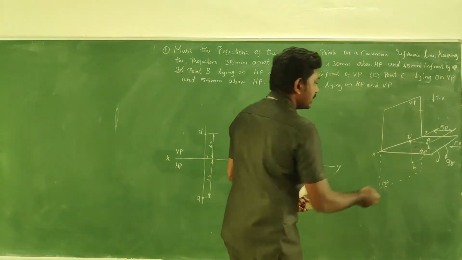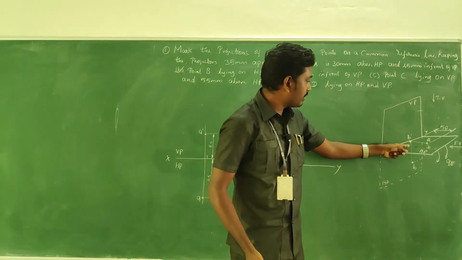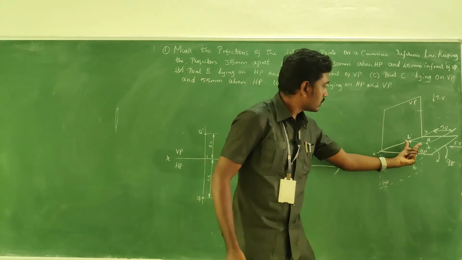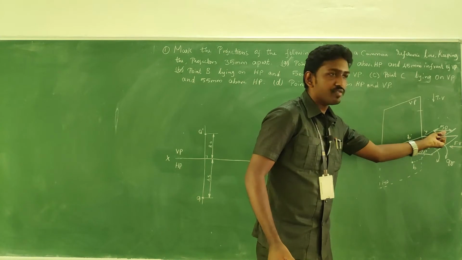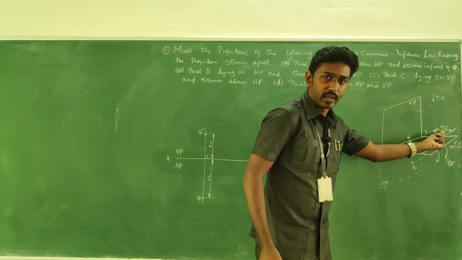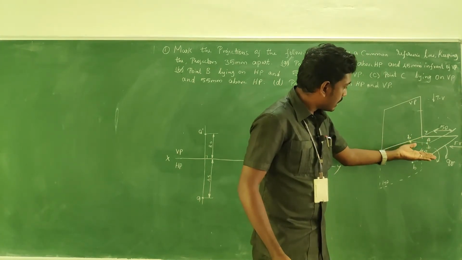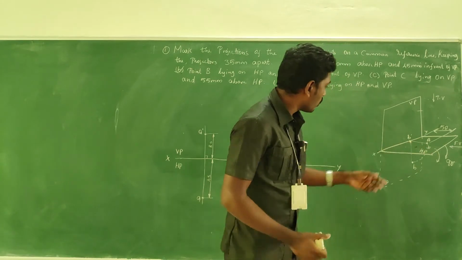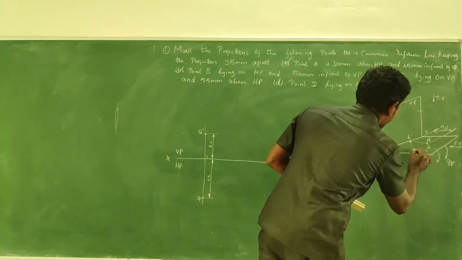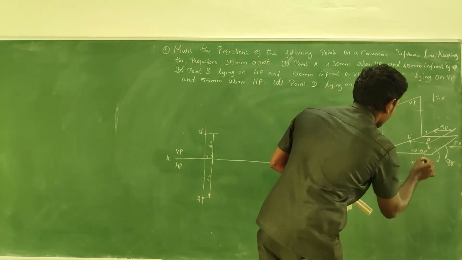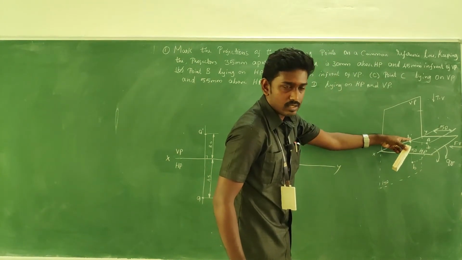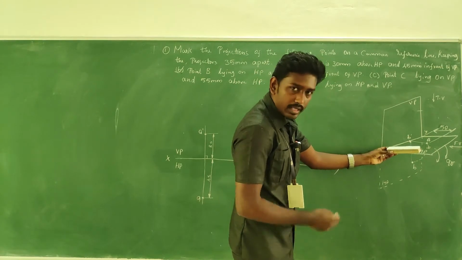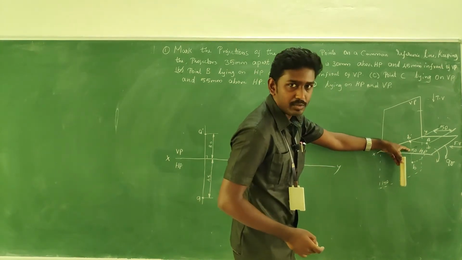So what about this height, from B dash to B? Think about this. How much? It is 50, am I right? The horizontal distance is 50. We are just tilting the horizontal plane. So it is going to trace the same 50 from the projector of B dash. Since it is a horizontal plane, the horizontal measurement will be captured here.